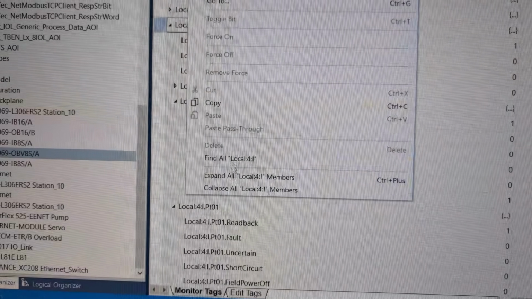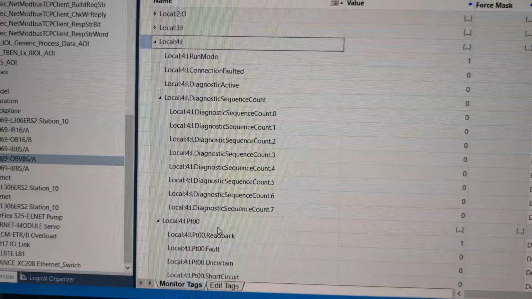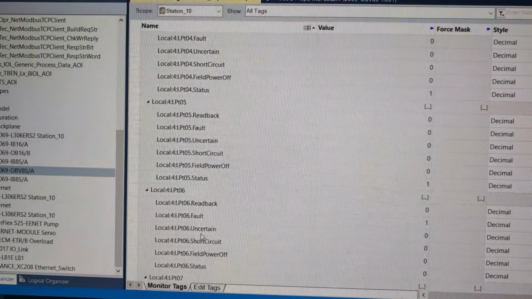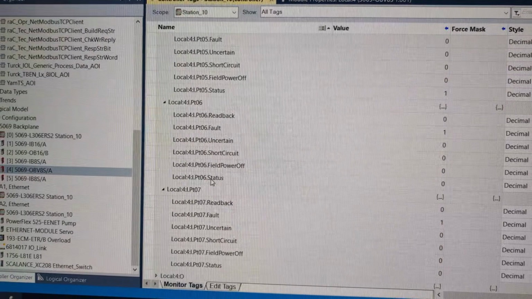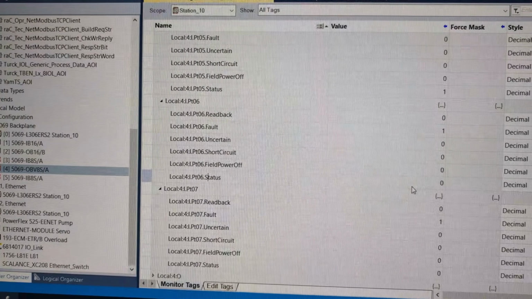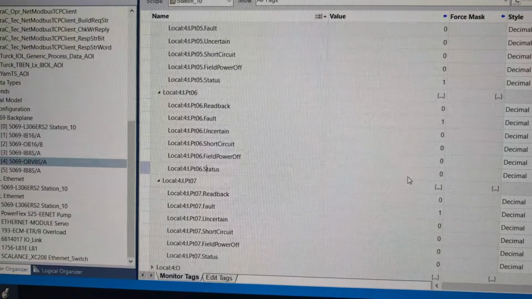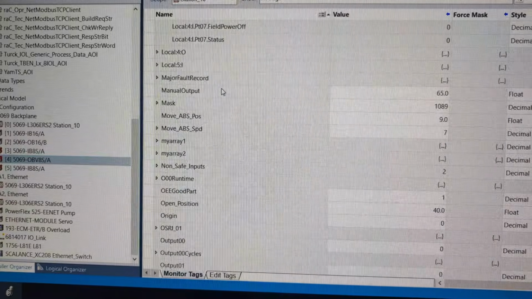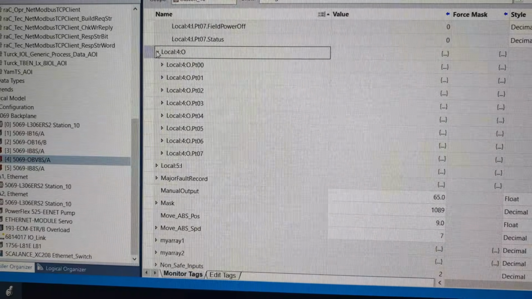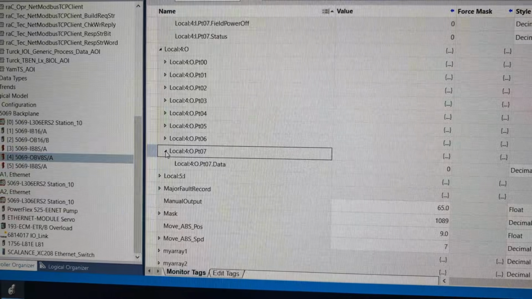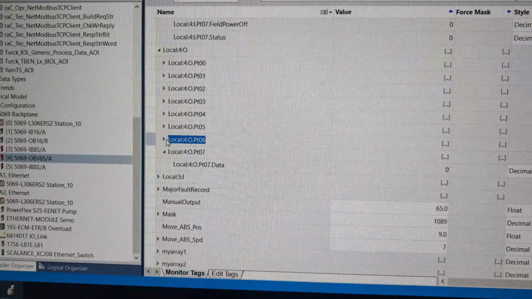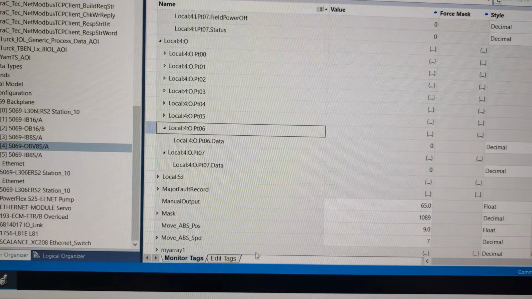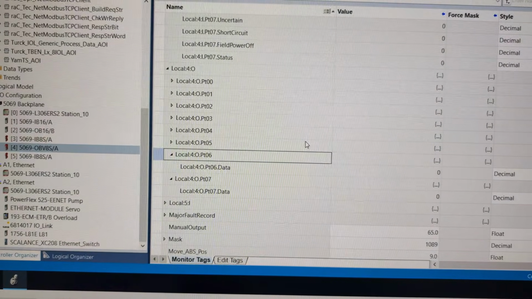Right click Local:4:I and expand all members. Now we go down through here, we can scroll really fast now, and yeah, all of our, nope. Number 6 is not a 1. Number 7 is not a 1. And I believe those are actually off right now. So if we go on down to Local:4:O, 7 is off, 6 is off. All right, so I'm going to go press the E-stop. Now, if we scroll back up to our statuses,